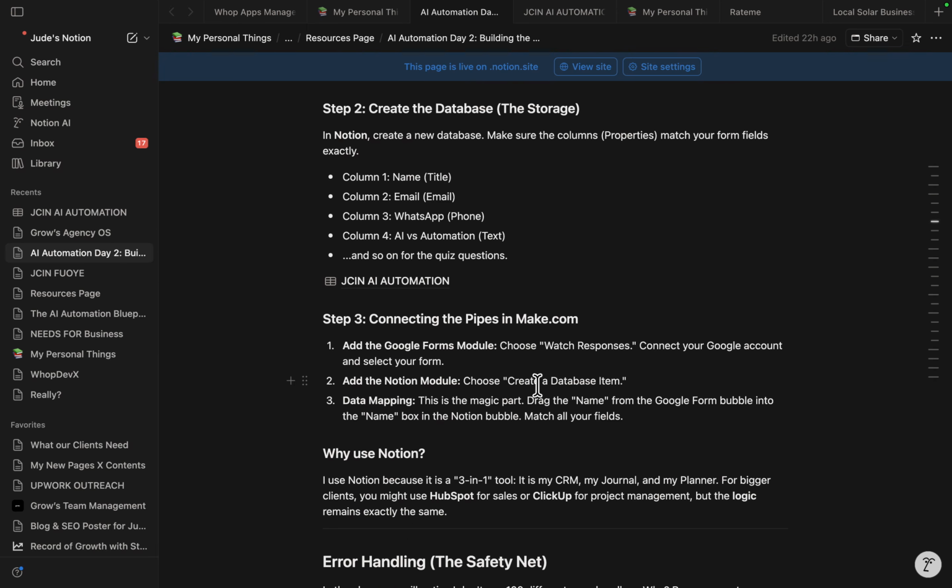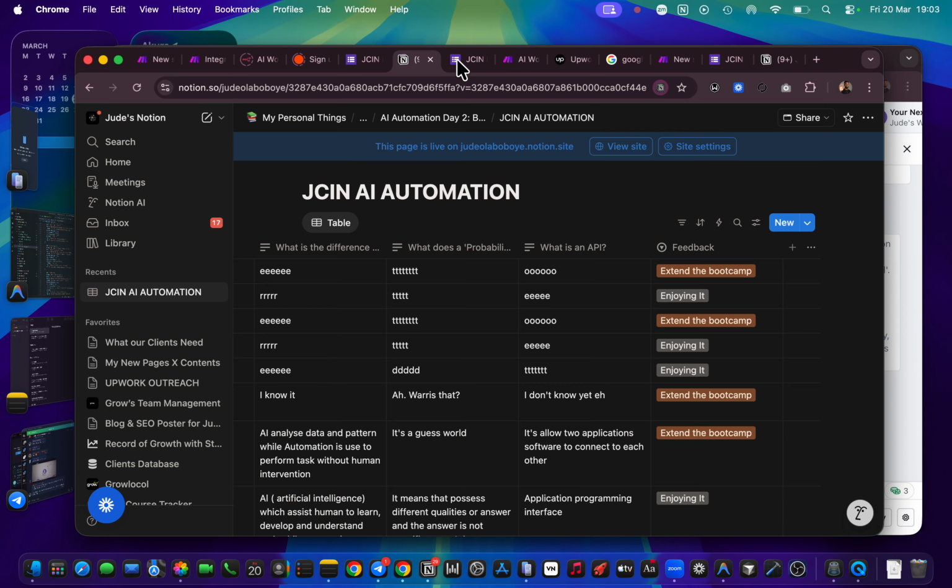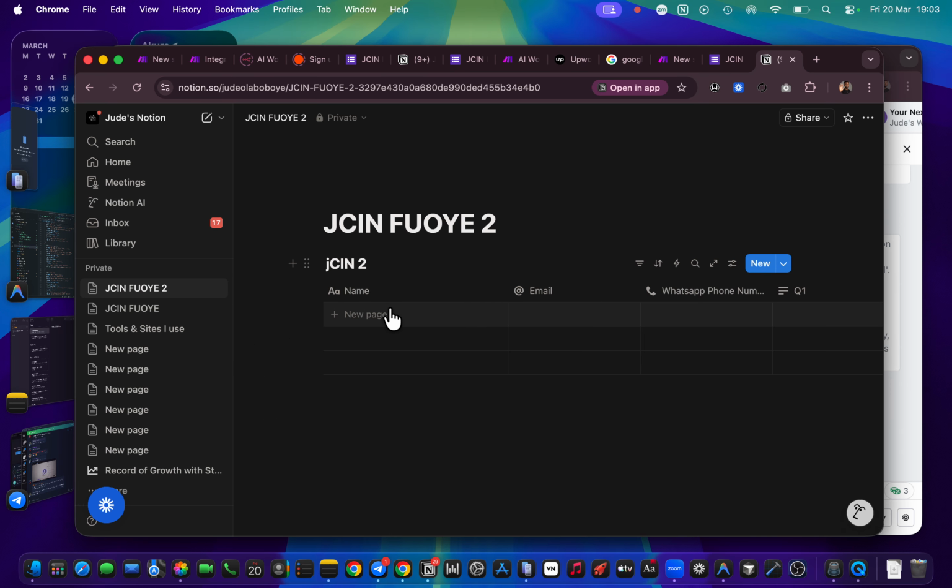And here it says create a database item, because you need to know that every detail that comes in is a lead. You can also call the lead an item here. The item will have several features or properties. That is what it's called. We called it a lead, right? Let's call it an item now, it's the same thing. So we have a database, and we want to create a database item. That is what we are trying to do here.